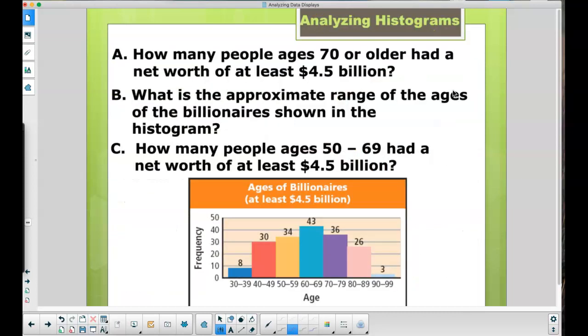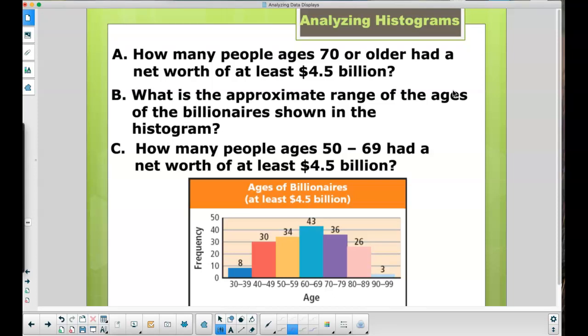The next one shows us a bar graph. This bar graph is about the ages of billionaires. So there are ages 30 all the way up to age 99. I wish I was a billionaire between the ages of 30 to 39, but unfortunately I'm not. So we've got some pretty young billionaires, all the way up to people that are a